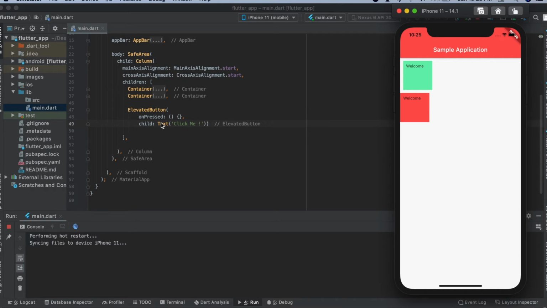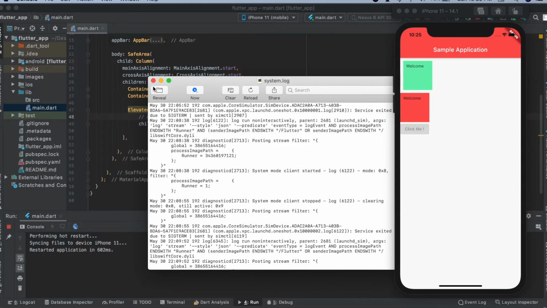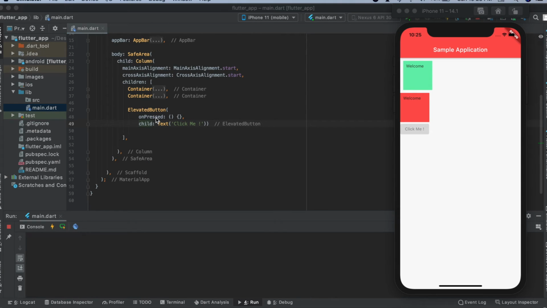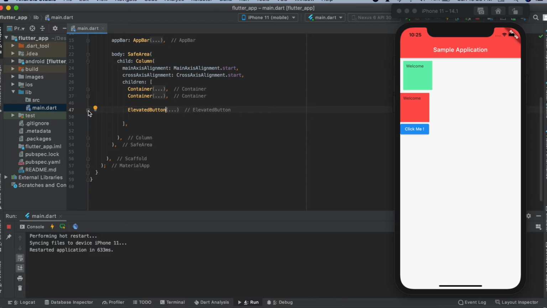Yeah, so let's see what happens. So this would be a clickable text. If I don't keep this property, it would appear like this, the default. And if I keep it like this, it will appear like this, clickable something. Okay, then we have the elevated button, which is basically a label child displayed on a material widget whose elevation increases when your button is pressed. So this elevation increases, and when I don't want this property, it will be a simple one. So we have these things.